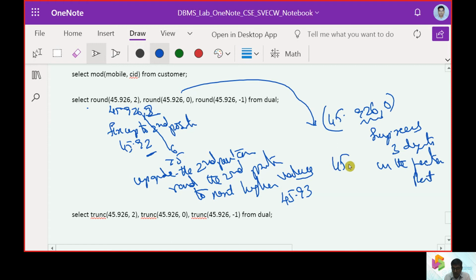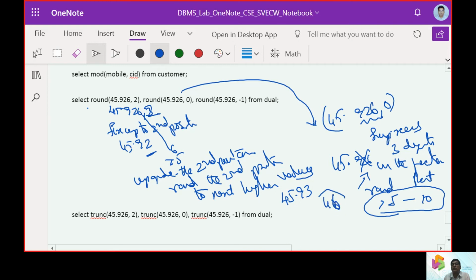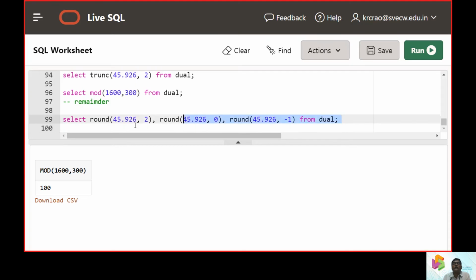So it is 45.926. So we need to round it, as it is greater than 5 and 2 less. So it moves to the rounding, so we give it as 46. So we make this sensitivity as 46. Let's see how it goes. So we'll be working on this. Now you can see the answers.